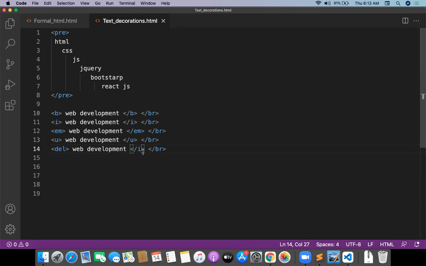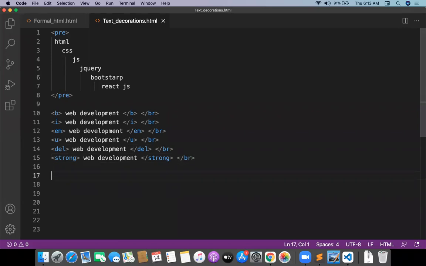Whenever you want to show text in deprecation mode, that is the DEL tag. And one is the strong tag. Strong is strong text, like a bold one.